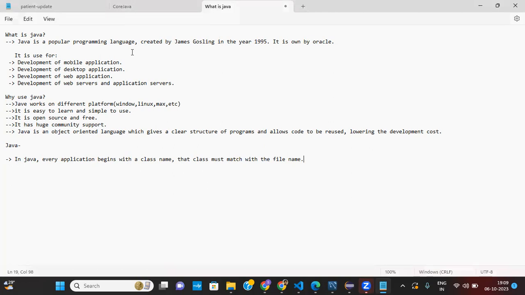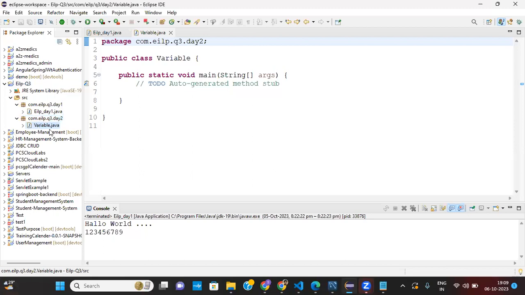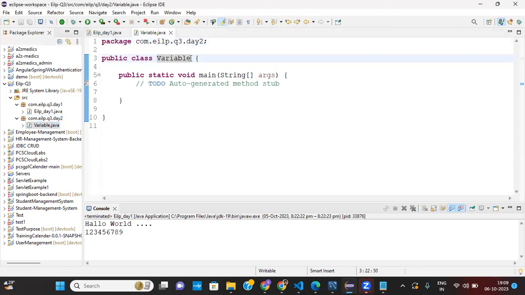As you can see, when I create a class Variable in Variable.java, that is the file name, and inside this file we have the class name Variable. We cannot change this name. If I give Variable1, it will generate an error. So class name and file name should be the same.